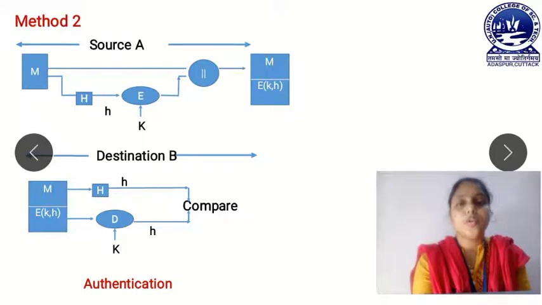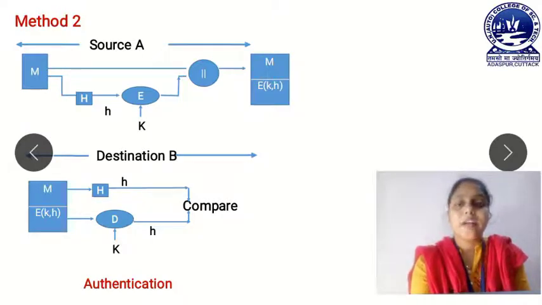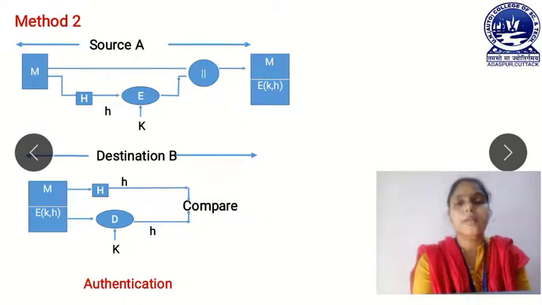That means suppose your teacher gives you a message to broadcast to all students that your class timing is changed from 7 to 8 am. Here the sender must be authenticated, but the message need not be confidential. If other than the students someone knows or reads this message, there is no harm to this communication. In this case, this type of hash function is used where only authentication is needed, and confidentiality is not needed. Now look at the next method.